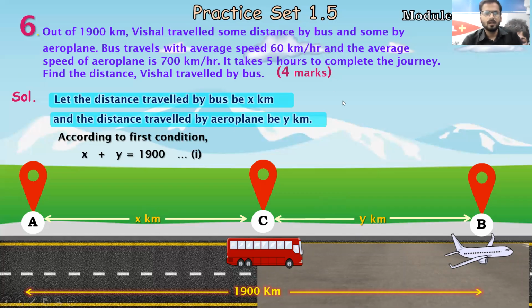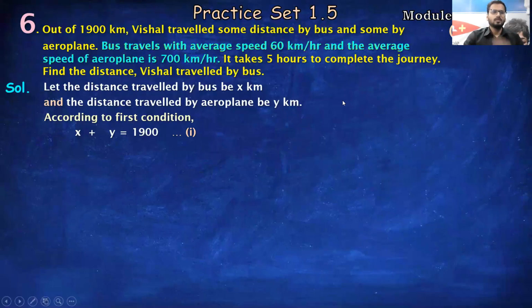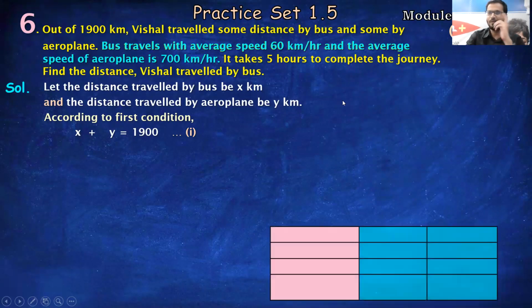Okay. Now, the first equation is done. The second equation is quite crucial. Please pay attention over here. This table you don't have to draw in your exam. This is just for your reference purpose. So we'll write it over here: bus and aeroplane and distance. Now, as I told you, in this sum, distance was asked. So we assumed it. Speed is given and time is remaining. So we will be making the equation in terms of time.